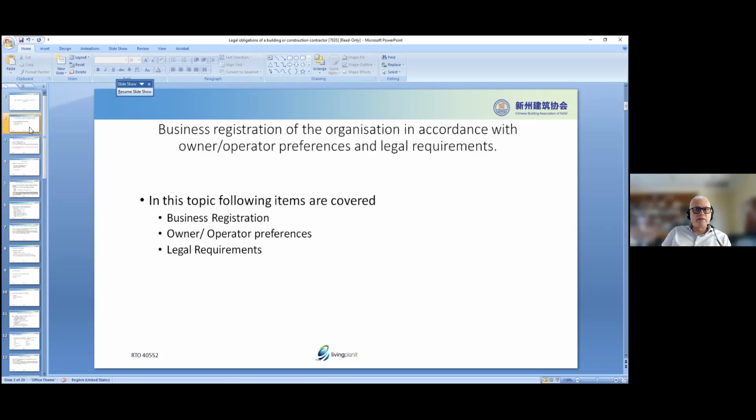Now, once you've done that, you obviously have to register your business as well. So it needs to be registered with an ACN, ABN. Okay. So this needs to be done. Now, often we get our accountant to do that, but there's no reason why you couldn't do it online if it's a very simple business that you're trying to set up. However, it's highly recommended that you set it up using an accountant who's going to take care of all your financial side. So we're covering those aspects and we're covering the legal requirements.